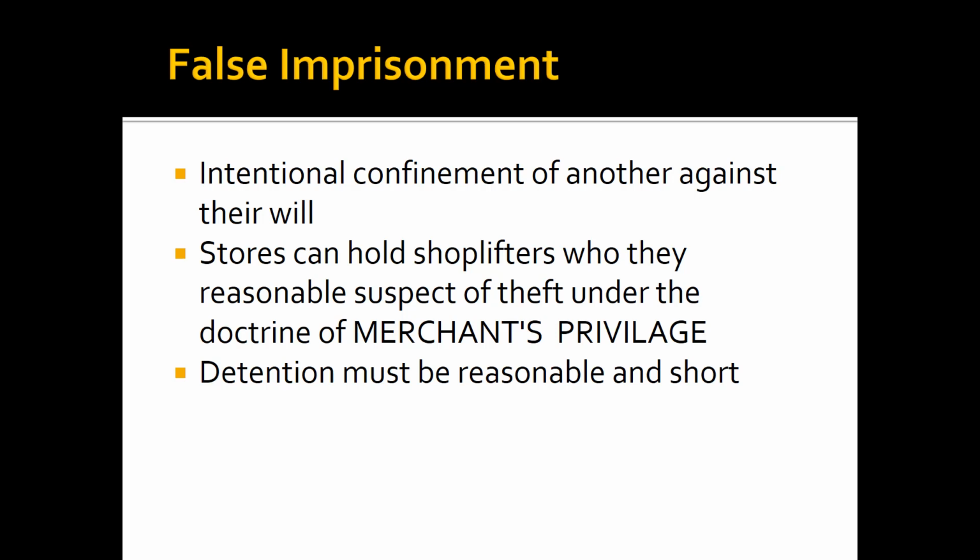If a merchant can articulate a reason why they believe an individual is committing a theft or a larceny, and it's a reasonable suspicion, it's not just, well, throw out any bigoted thing you think, like, okay, he's a Muslim, they all steal. He's black, they all steal. He's a white person, they all steal. Whatever you're talking about, that's not a reasonable suspicion. But if a merchant looks at a watch counter and there were 5 watches in it, and there's one person standing next to it, and he turns away for a second, turns back, and now there's no watches in it, well, it's reasonable to believe that he took that.